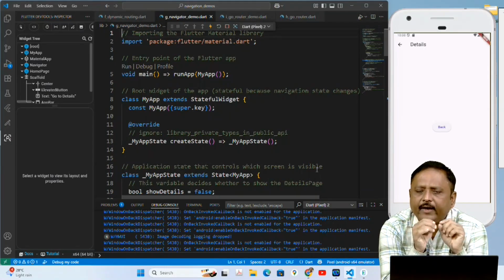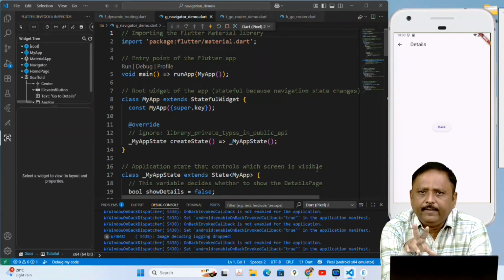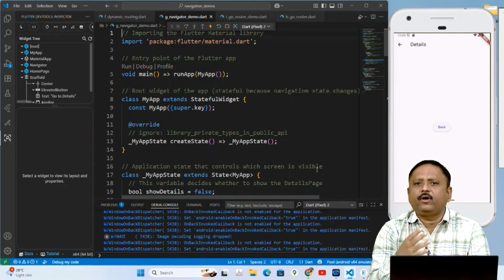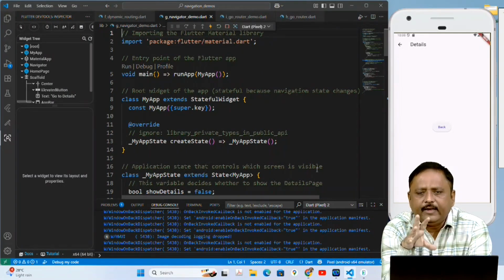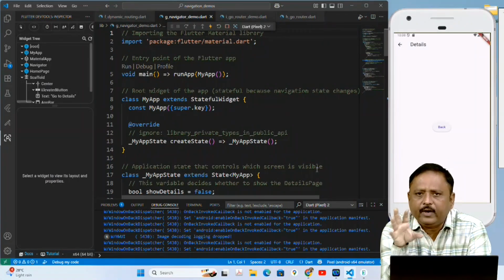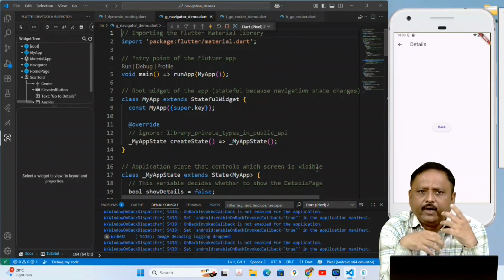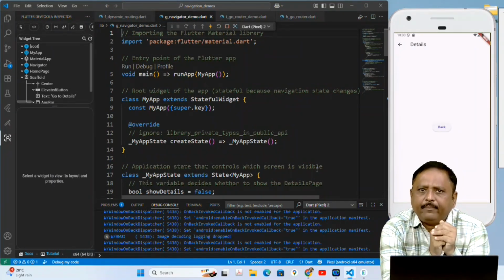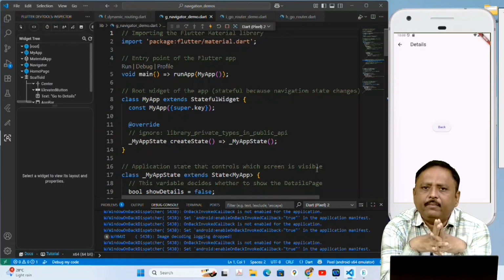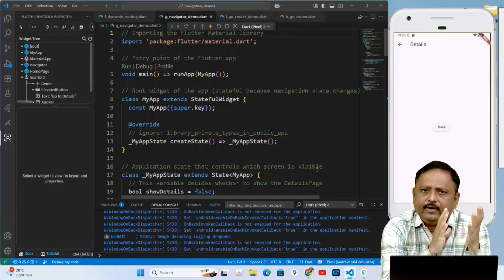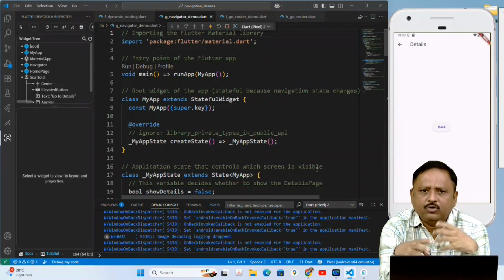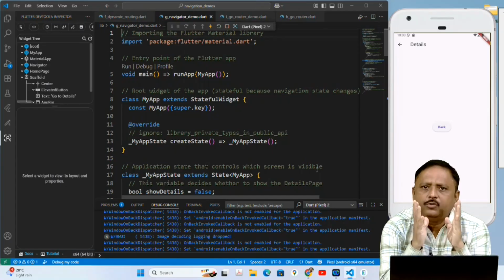Here we have taken a very simple example which takes only 2 pages, but you can have any number of pages, and depending on your state you can define that logic to redirect to a particular page. So Navigator is a declarative approach which is best suited when there are a large number of pages in your app. Now let us understand the final demonstration which uses GoRouter.